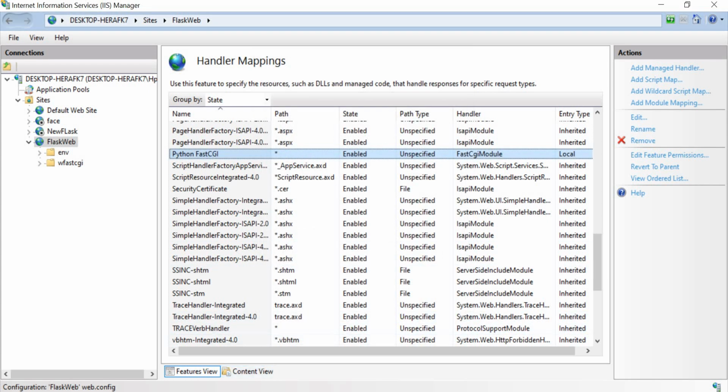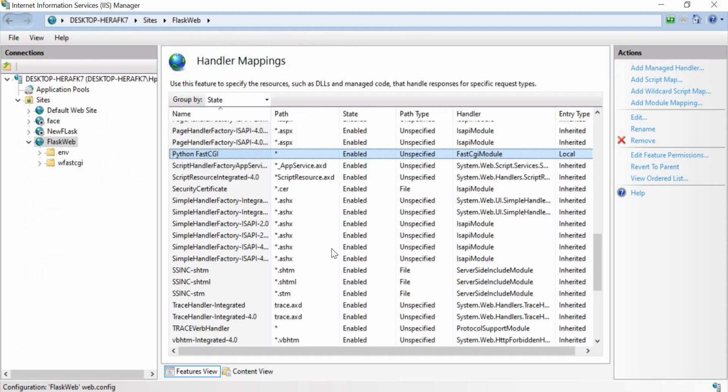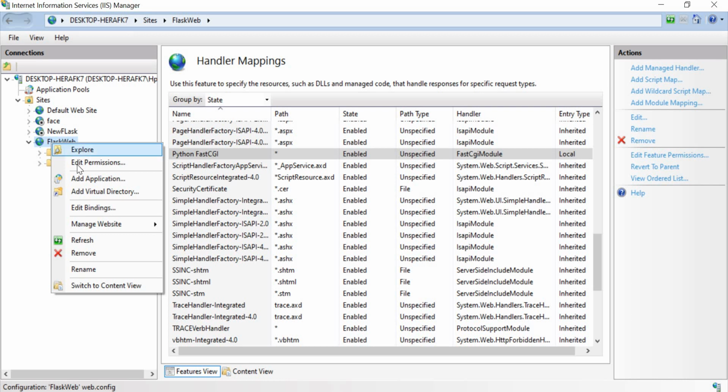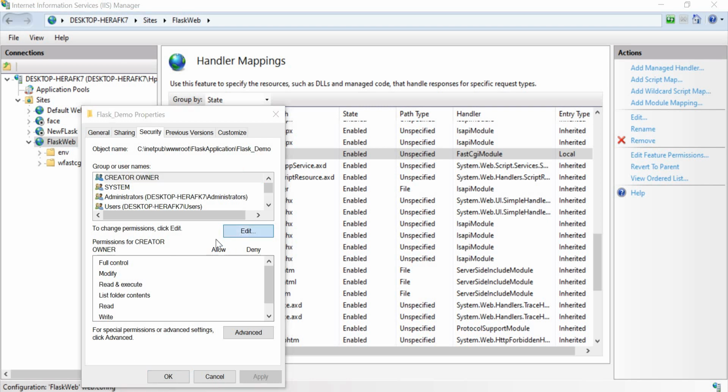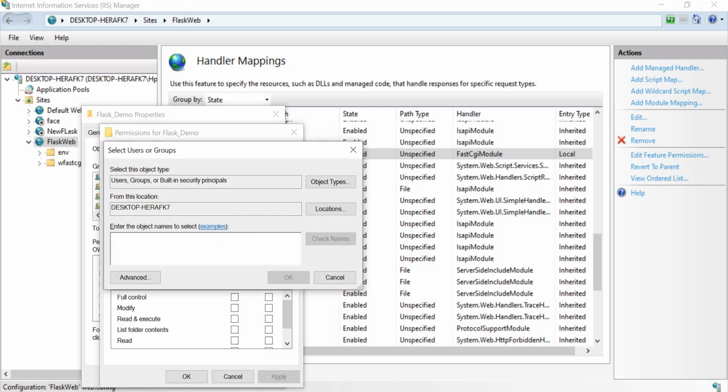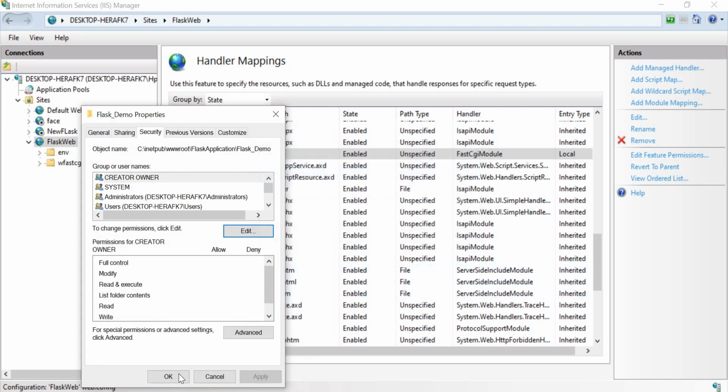Click OK, then go to this IIS, right click on your application, Edit Permissions, right? On Edit Permissions, go to Security, okay, Edit, Add. Here also you need to do the same thing, that AppPool, then here your Flask Web, right? Check Names, click OK, click OK. Okay, this is also done.